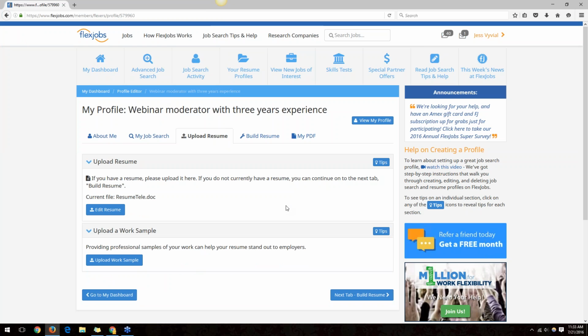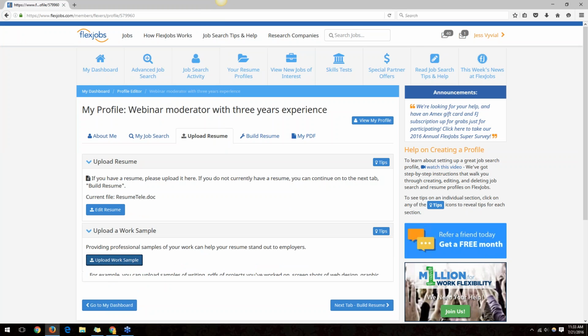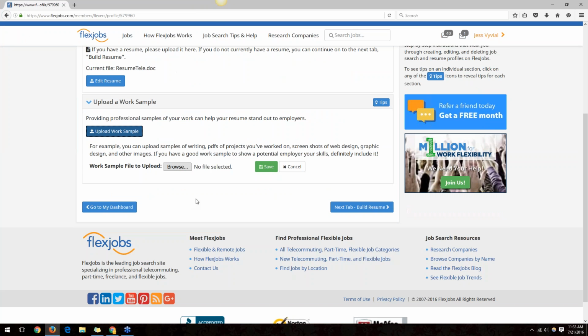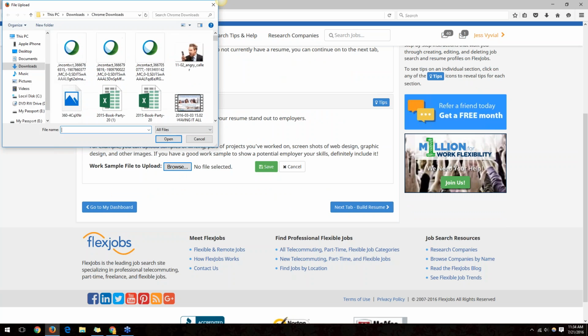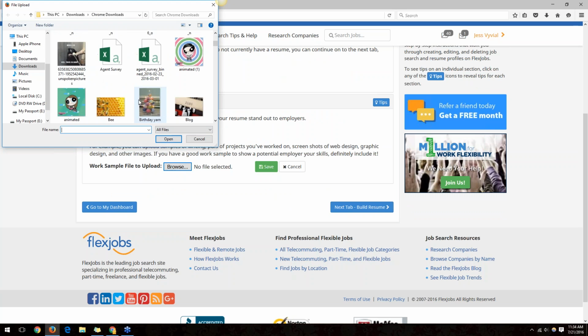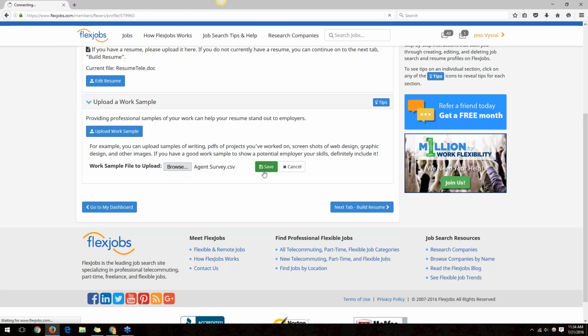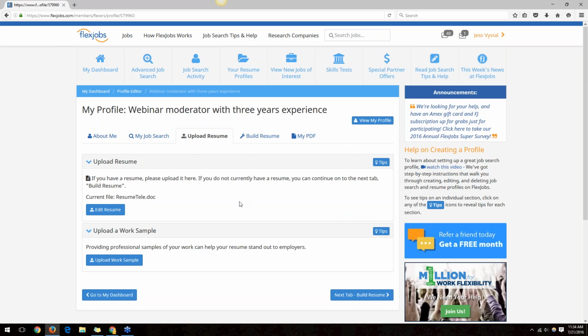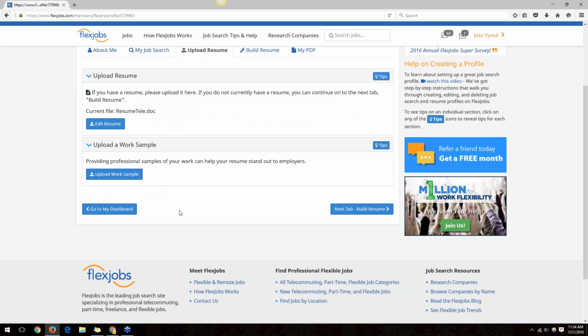Perfect. And then you can also upload work samples to the site. So if you're a writer, for example, you might have a sample that you want to upload. At this time, you cannot upload audio files, so that is something to keep in mind. Perfect. So if you don't already have a resume or would like to build a new one, the next tab, Build Resume,